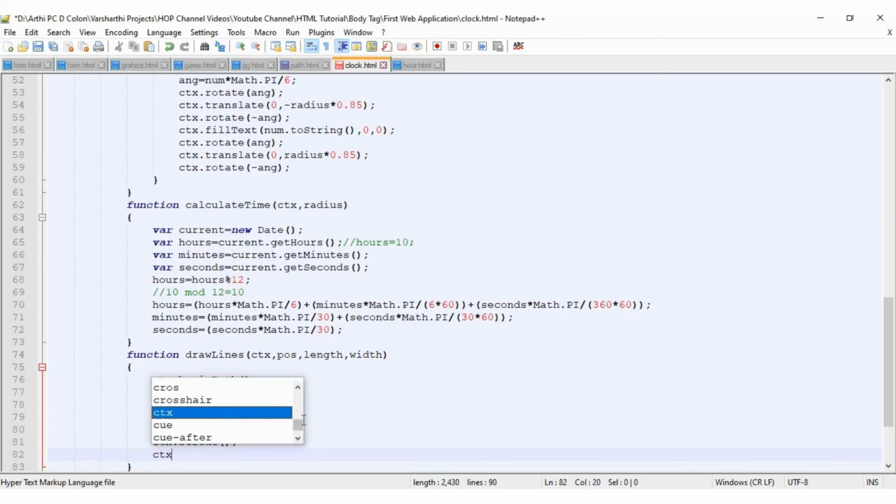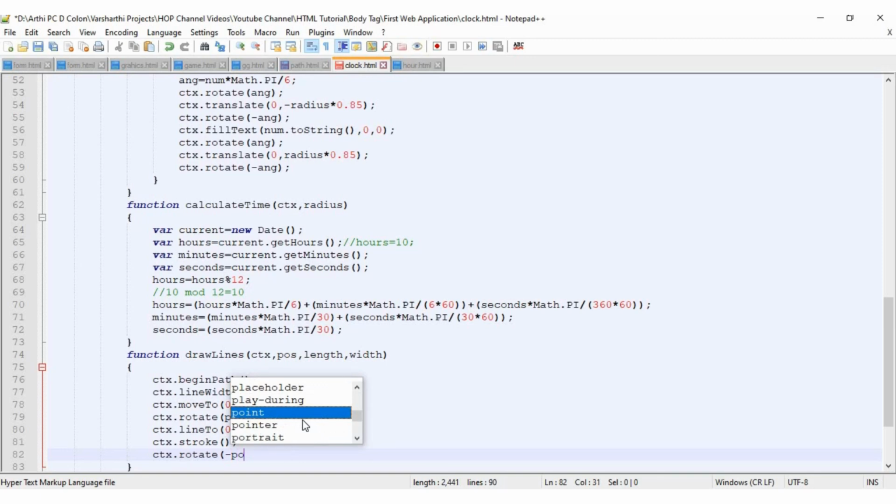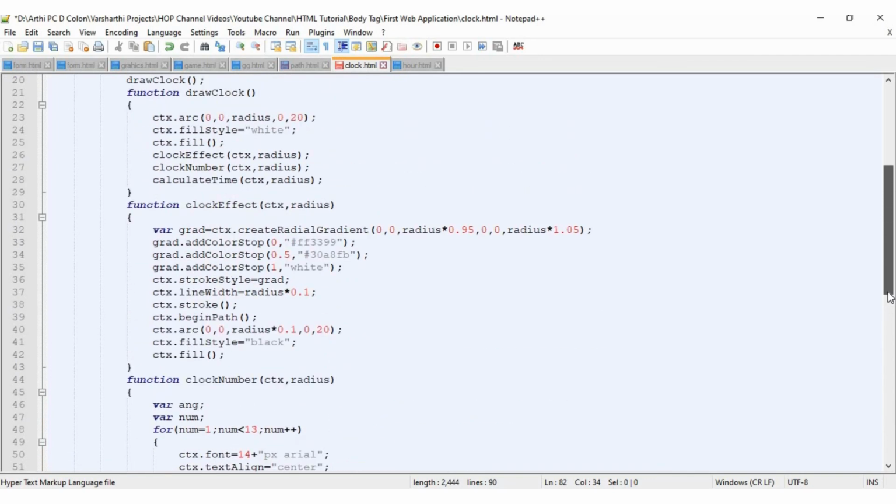And then finally rotate the value with the negation of our angle so that it comes for both sides. So now we have drawn the lines for the 3 hands, which are minute, hours and seconds. Now what we have to do is call this draw line function inside our draw clock function.